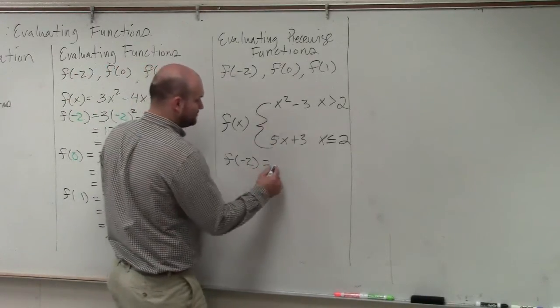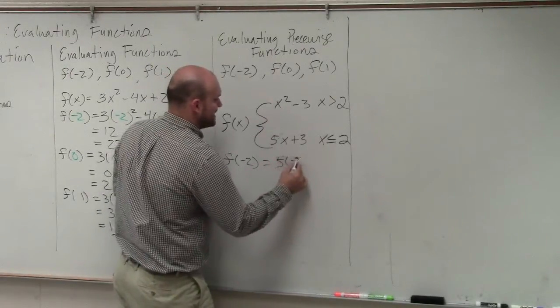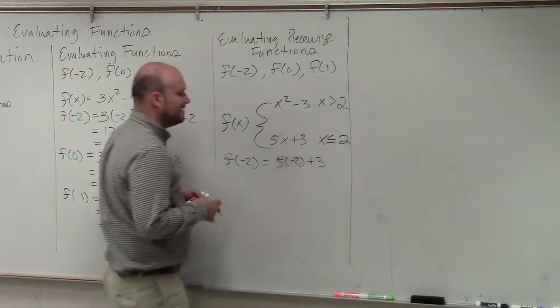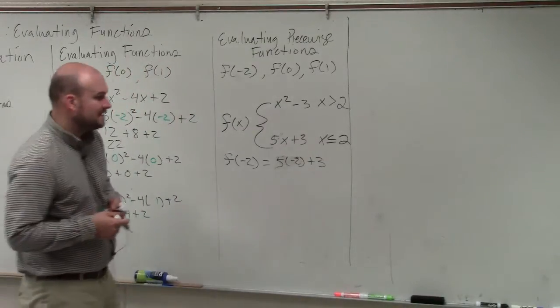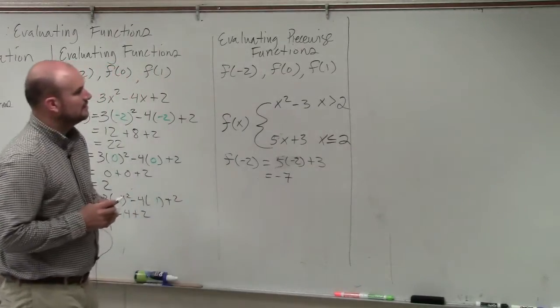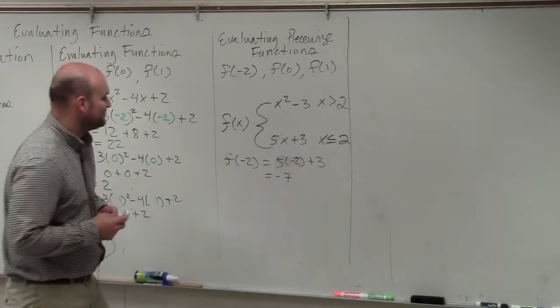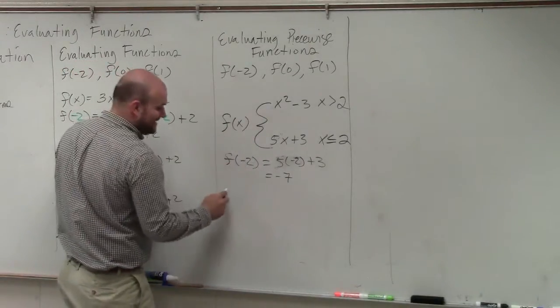So that would be f of -2 equals 5 times -2 plus 3. 5 times -2 is going to be -10. -10 plus 3 is -7. Oh, well, I guess I didn't really do too much thinking on this one. So you guys can see, though, in every case of this,